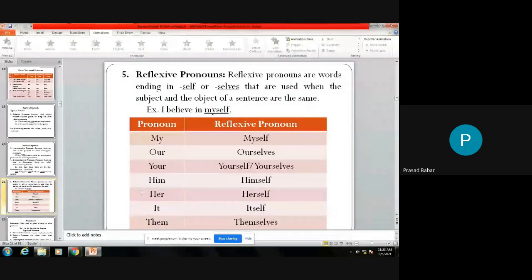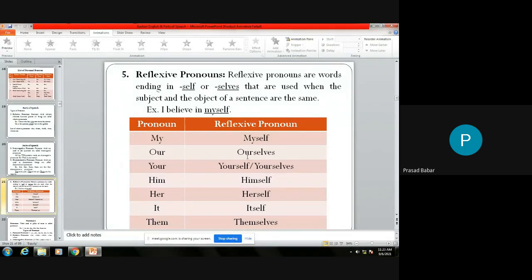So we will see its examples. If there is a pronoun such as my, then its reflexive pronoun will become myself. When there is our as a pronoun, then it will become ourselves,